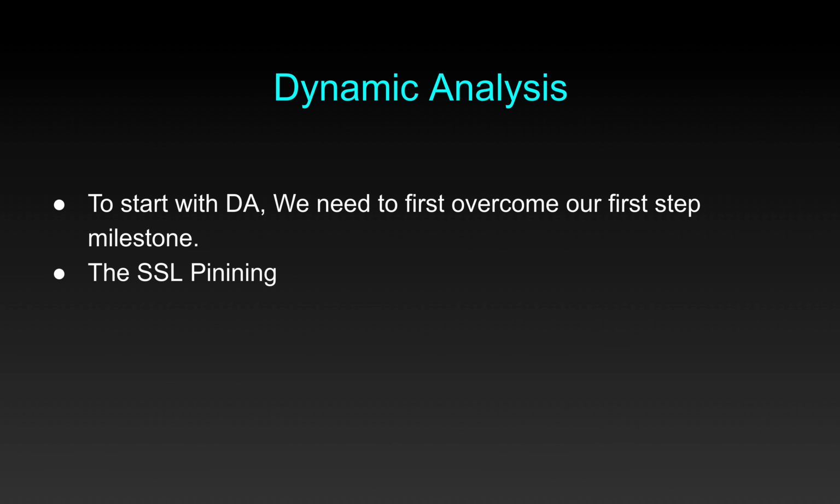To start with dynamic analysis, we first need to overcome our first milestone, which is our biggest hurdle: how are we going to even start our dynamic analysis. To do dynamic analysis, we need to capture requests. Unlike how we capture requests in web applications, where we configure our browsers, whenever we want to do web app pen testing, we configure our browser, like Mozilla Firefox with Burp Suite, and it is quite simple. The two things that we do are, first, configure the proxy, and second, push a root CA certificate.